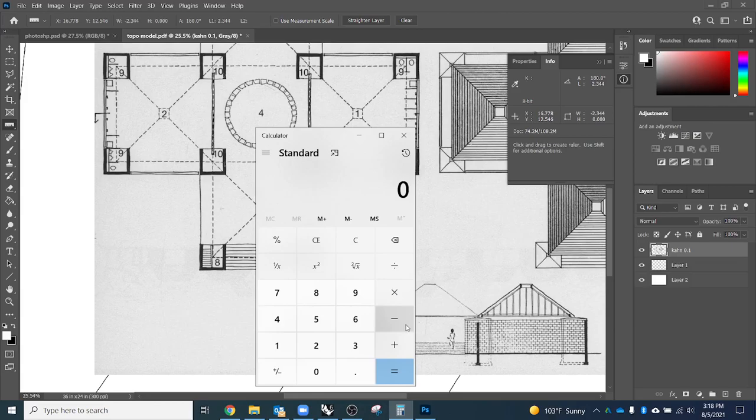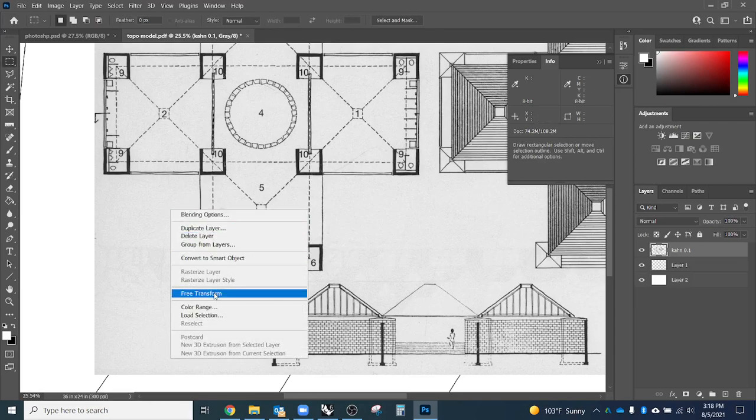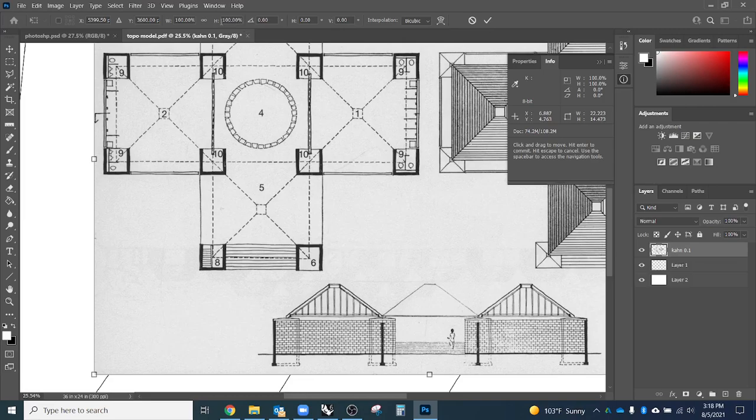It is 2.344. So I'll say 4 divided by 2.344 equals 1.7. Now that's a ratio. So I would move the decimal place twice to convert that to a percentage. So I want it to be 1.7 times larger, or 170%. So I would go back in here, rectangular marquee tool, right click, retransform, and up at the top I'll